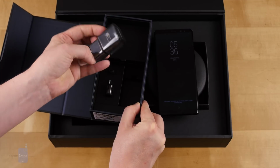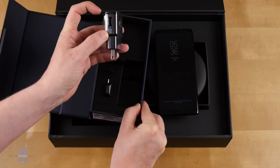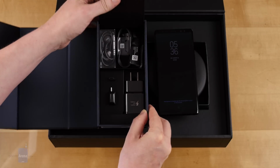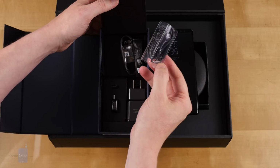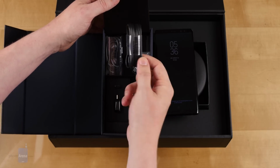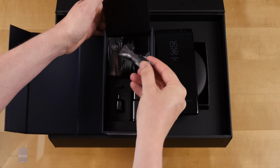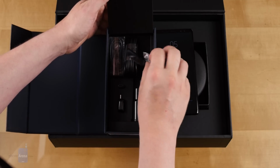Speaking of charging cable, Samsung's adaptive fast charger. Same design we've had for years now. And I don't love the port on the side here, but that's the way Samsung does it. Of all sorts of cables and things in here, let's see, we have our AKG earbuds, just like we got with the Galaxy S8, a USB Type-C charging and data cable,